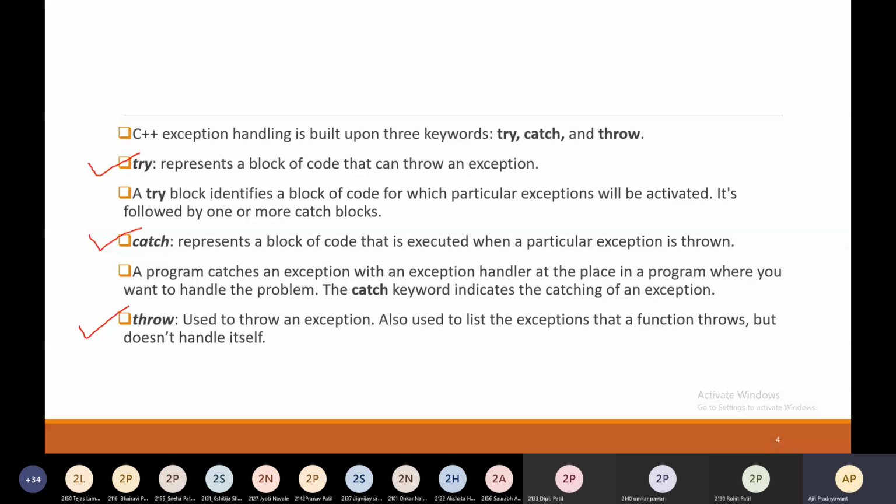The try block will have code wherein an exception could occur. If an exception occurs, the exception will be thrown to the catch block, and the catch block is responsible to handle that particular exception. And the throw keyword is used to throw an exception.